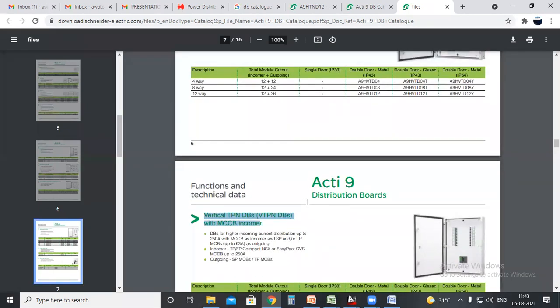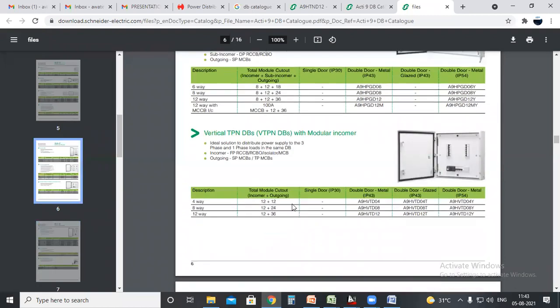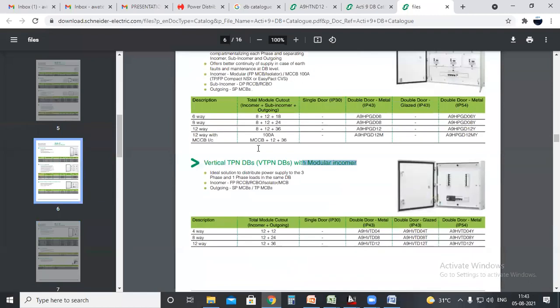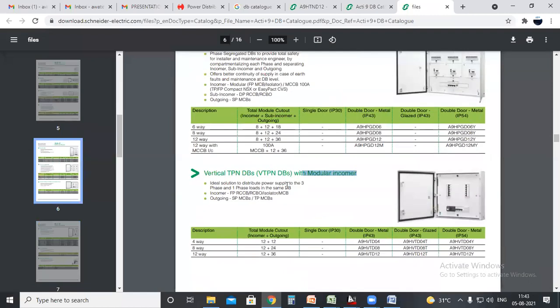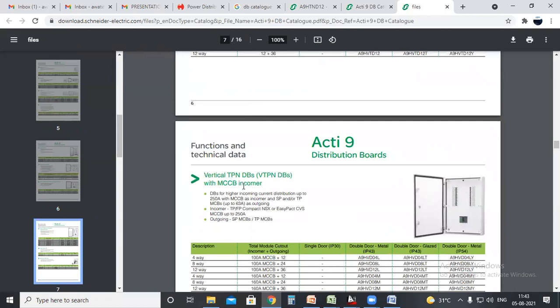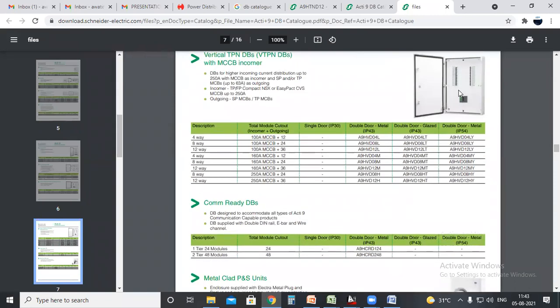If you mention vertical TPN alone, the dealer will give you any which is having high price. So you need to understand that in VTPN itself, they have two different categories: modular incomer and MCCB incomer. In modular incomer, you can either place MCB, RCCB, RCBO, but in VTPN with MCCB incomer, you can only place